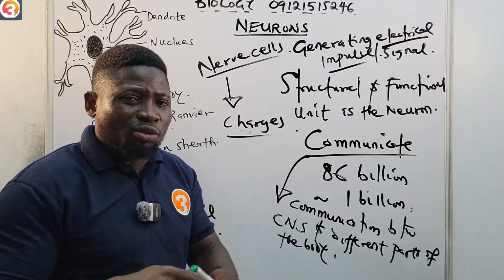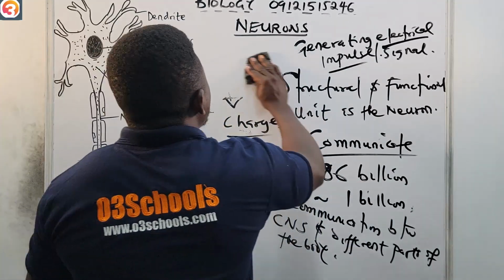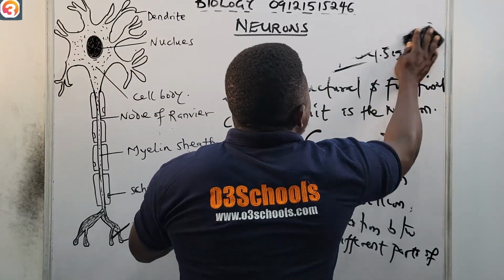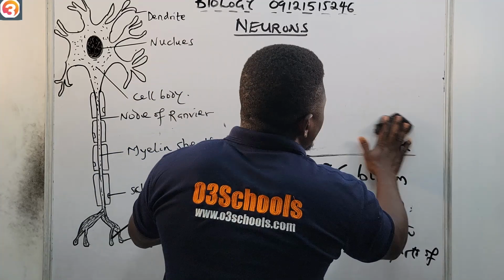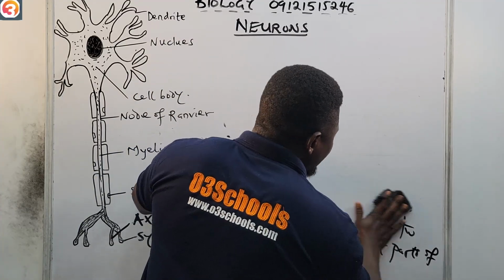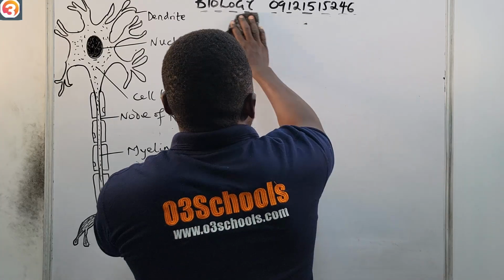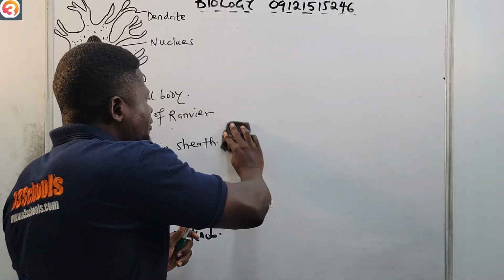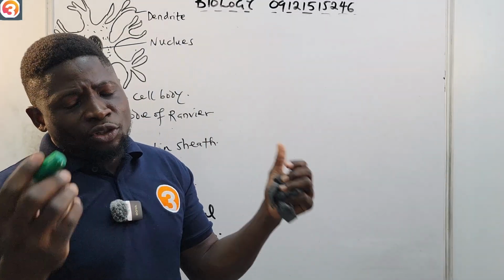Charge will definitely be present. Okay, so we have said that neurons contain charges, and these charges mean that they are essential for its function. Without the charges, the neurons will not be able to function properly. But if you ask yourself what kind of charge is present in the neurons,